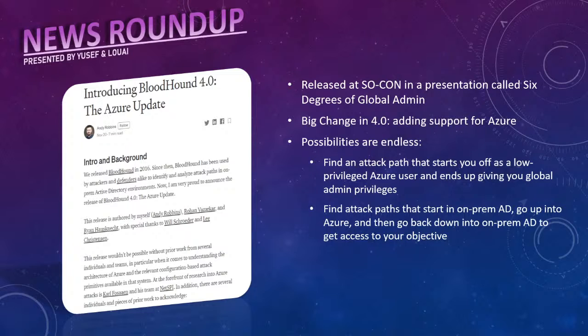I want to give credit where credit is due. This was made by Andy Robbins, Rohan Vazarkar, Ryan Hausknecht, and of course our very own Yusuf Islaya. It's an insanely cool project and exploration idea, so you definitely want to check it out if you have some free time. It sounds great in an interview if you mention BloodHound, and you'll learn a lot for sure.